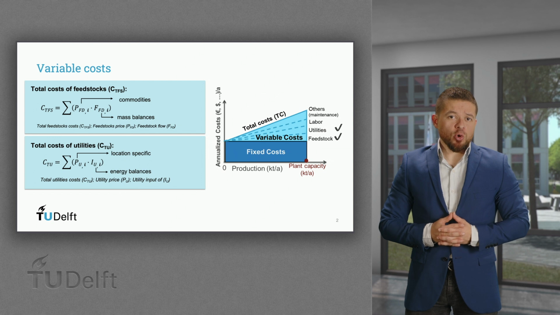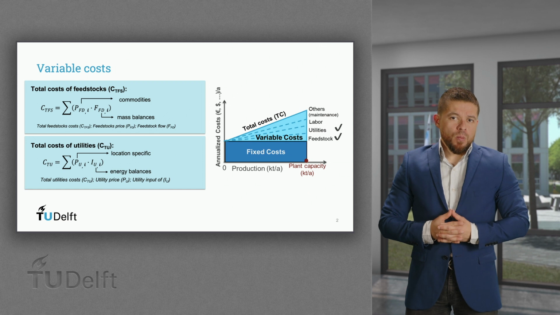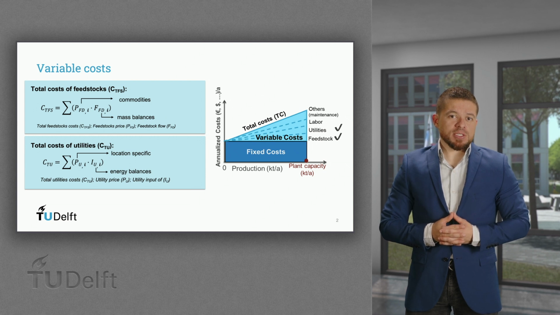However, they could also be retrieved from databases for chemical commodities like the Independent Commodity Intelligence Service, ICIS, or directly from suppliers or from scientific or technical reports on techno-economic evaluations. Market analysis for specific products is an option too, but they usually have a paywall. In the case of utility prices, those are location specific, and the design team should have access to local prices for electricity, natural gas, and water.